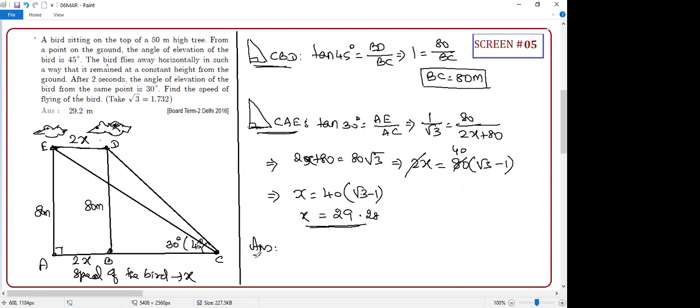Now the answer, you can say the speed of the flying bird is equal to the answer. Okay, sir. What is the unit I have to put, sir? What is the unit? They are asking speed. So what is the unit? Meter. Meter is sufficient, student? No. Per what? Second. Per second, sir. Why, sir? Because I consider second only.